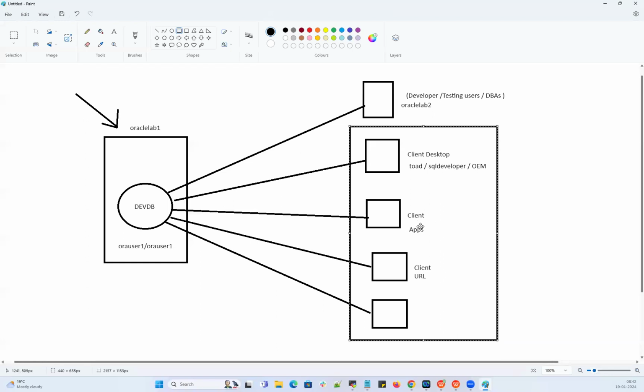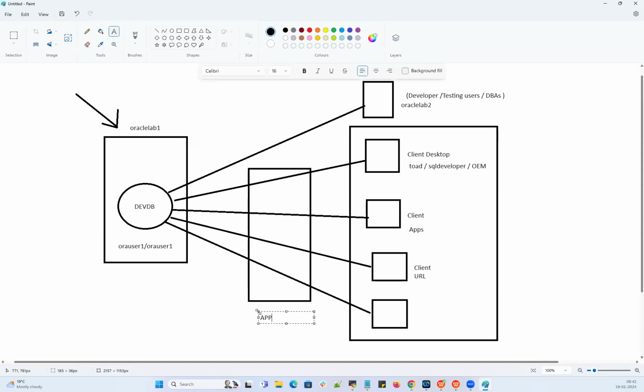So this application or client web user or other client tool, what are they going to connect to? They'll have something called an app server here in the middle. This app server will be communicating with my database internally, with back and forth communication happening